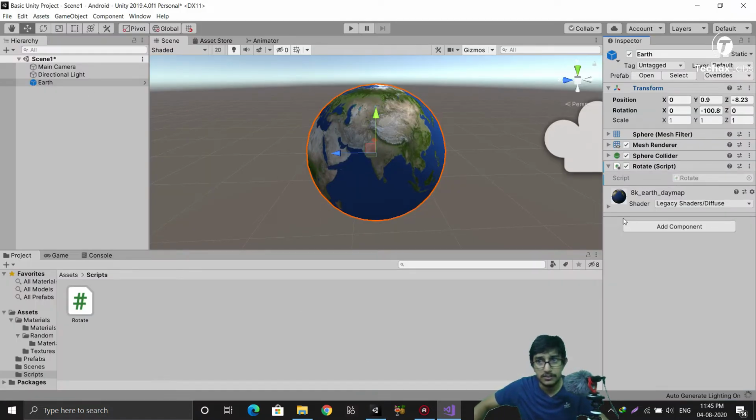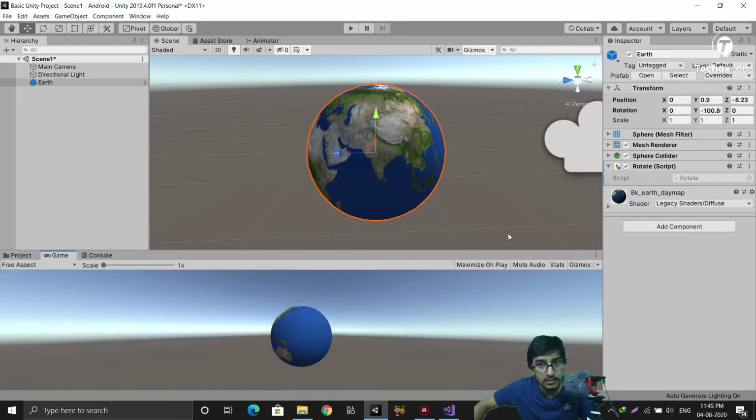So the script was already there, the script is loaded, and I will save my scene, and I will hit the play button, and let's see. So here you can see next to the play button we have got an option, maximize on play. So if you want to see the full view of your game when you hit the play button, you can use this. So let's use this first, and I am saving my scene because there is a chance that my Unity may crash as I am about to hit the play button. So I have saved my scene. I will hit the play button now.